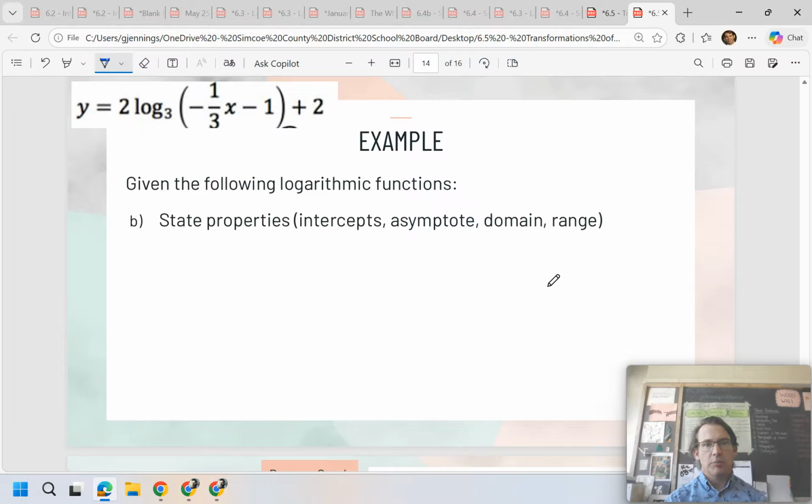So now let's state the properties. If we rewrite, we just see it all that much more clearly. 2 log 3 times 1/3, but it's negative, of x plus 3. So what is our vertical asymptote? X equals negative 3. Yeah, that's right. So what are our limitations on x? Greater than negative